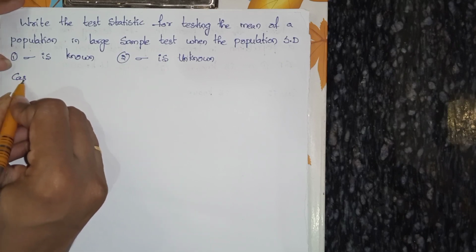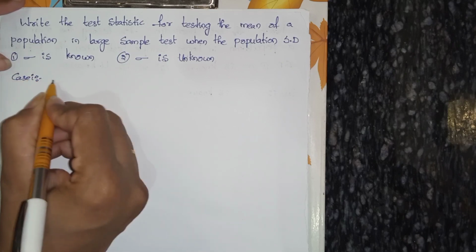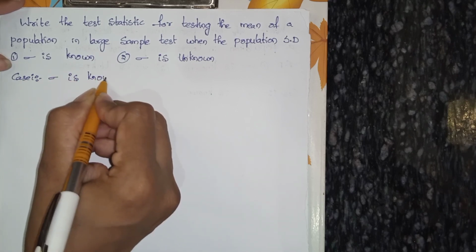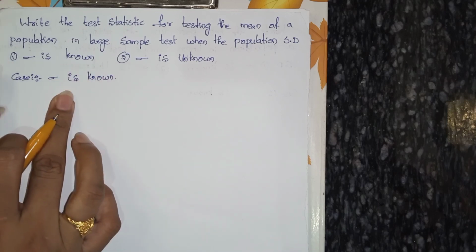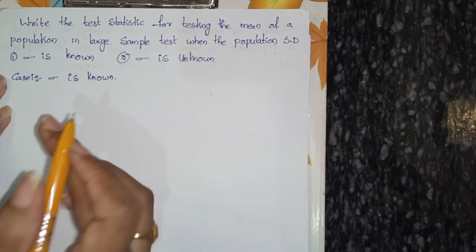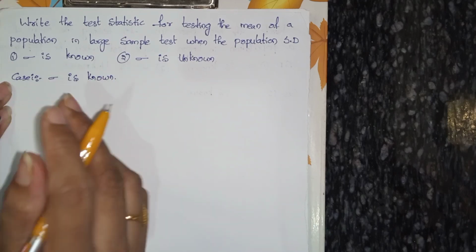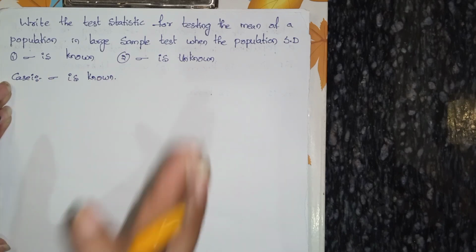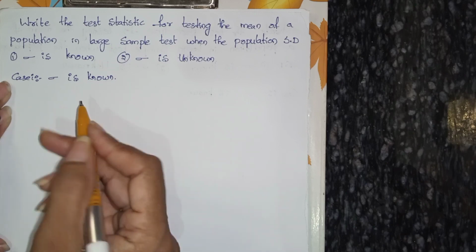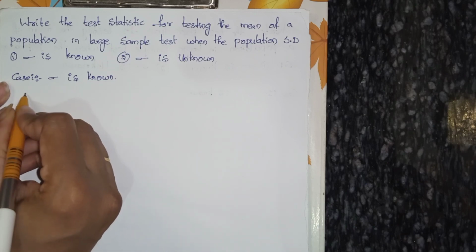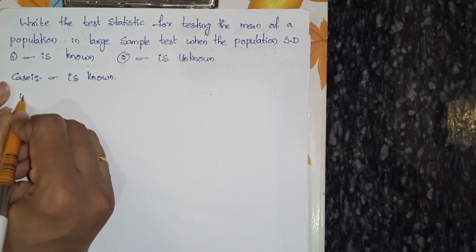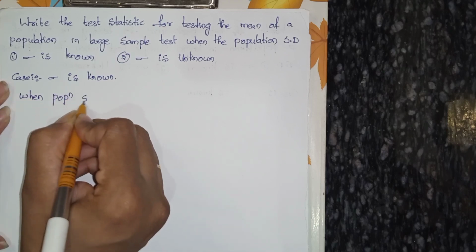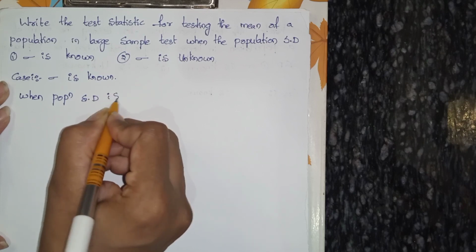Case 1 is sigma is known. We are going to take this case. First we have to write what it is and what variables we are going to take. All those we have to write first. See here, when the population standard deviation is known,